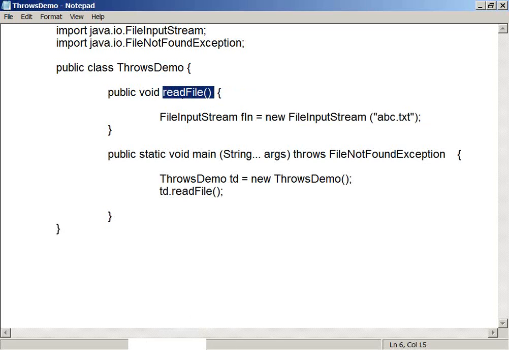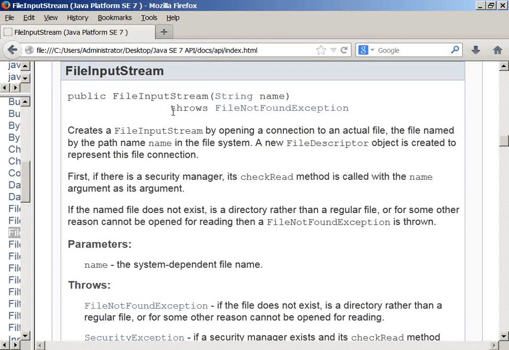By using a simple keyword called throws. This is how it is indicating to the readFile method. Are you able to understand now? Don't think much here, I am explaining statement by statement. Is everybody able to understand now?